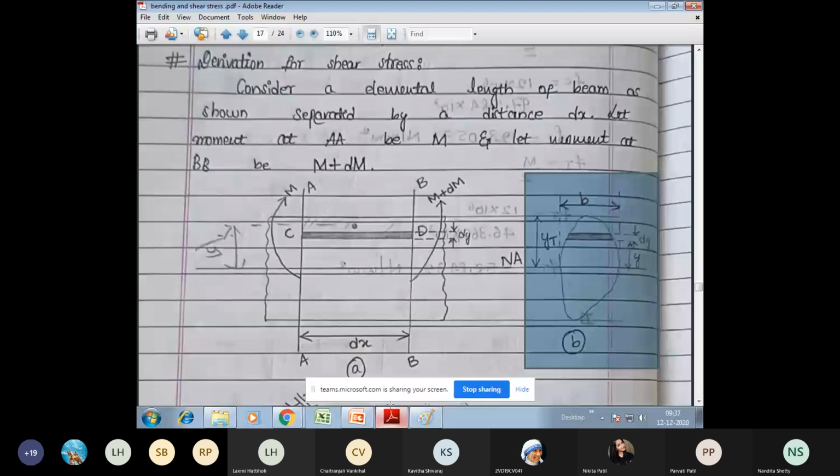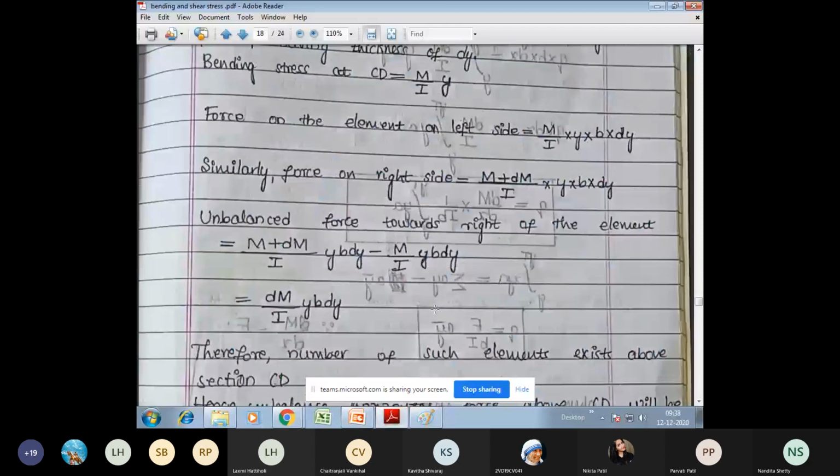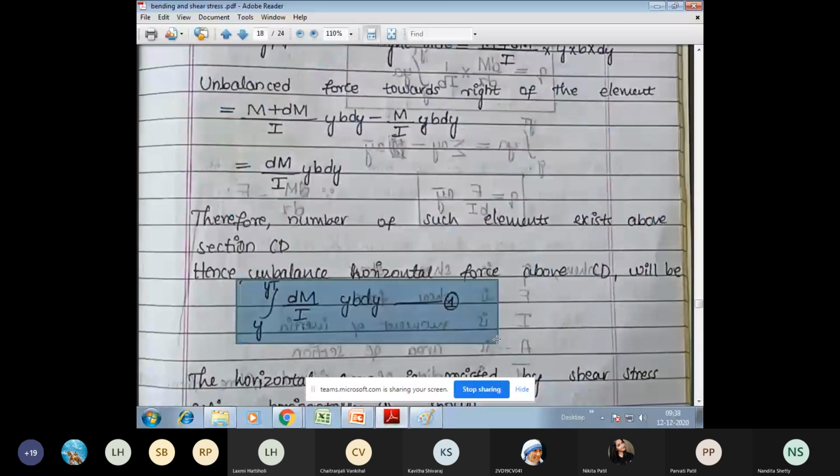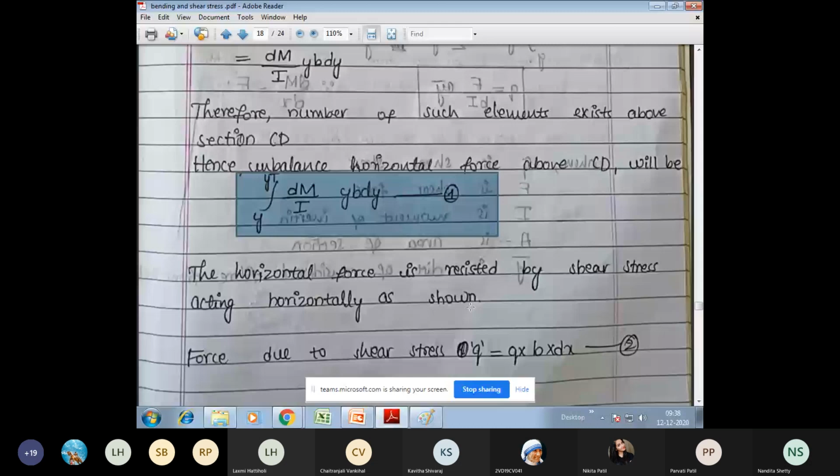So I was discussing the integration limits, y to y top. I want everyone to go through the previous concept and the numerical examples of the previous class, so then you will get what y top is equal to. So I have taken the integration limit as y to y top, and call this equation 1. Now the horizontal force is resisted.